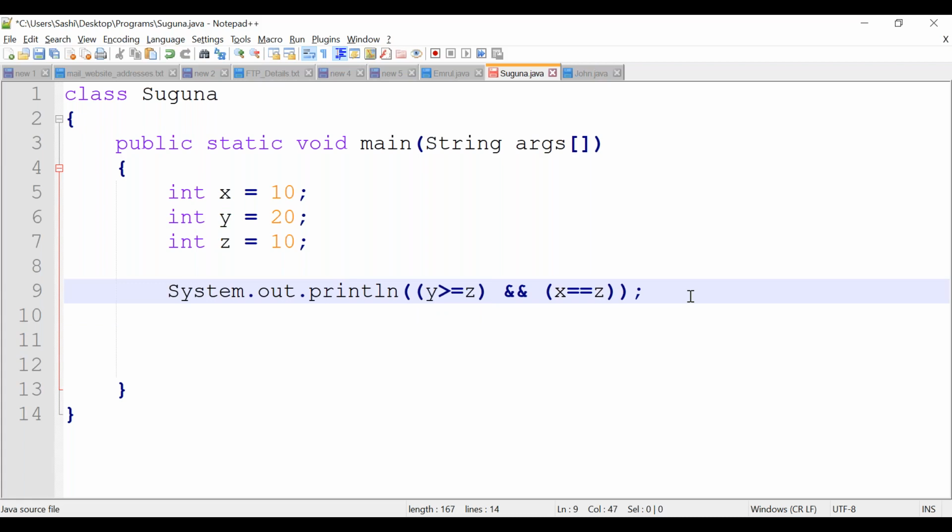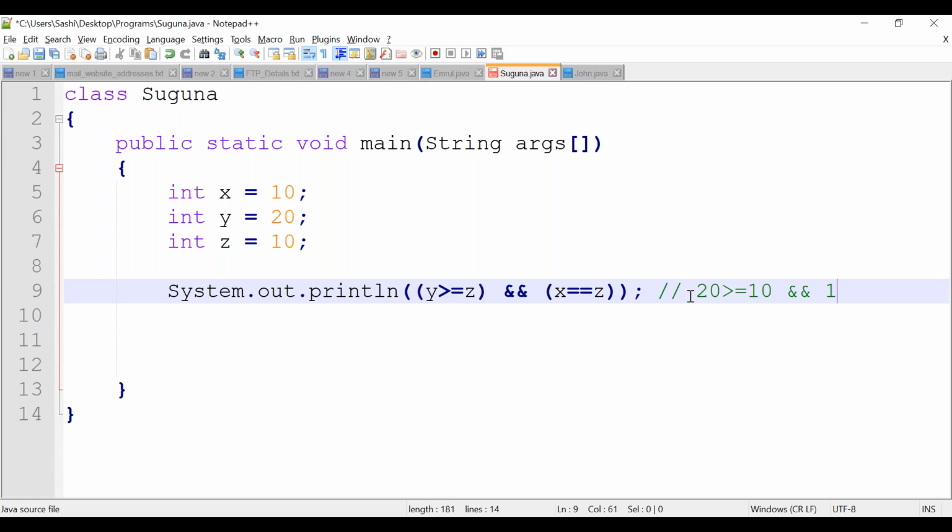What is y value here? Y value is 20. We are checking 20 should be greater than or equal to z. What is z? Z is 10. This condition is true. And then you are checking x. What is x?